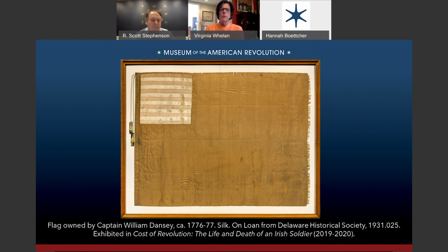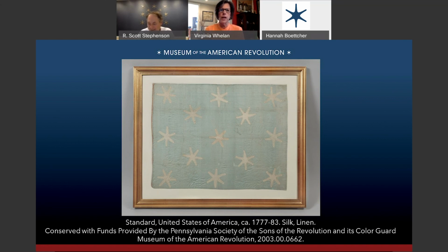One other interesting thing to note that's similar across all these flags is the way it's constructed. The way they seamed 2 pieces of silk together would be a flat fell. So it's 2 pieces of silk folded over, and there are 4 edges sewn with 2 lines. They utilize the selvage edge, which is the side on a loom. When you're weaving, it goes back and forth, and the edges are just returned, so there's no roughness and it doesn't fray. You don't have to hem a selvage, but you do have to hem raw edges. And if we go to the next flag, which you're talking about, which is